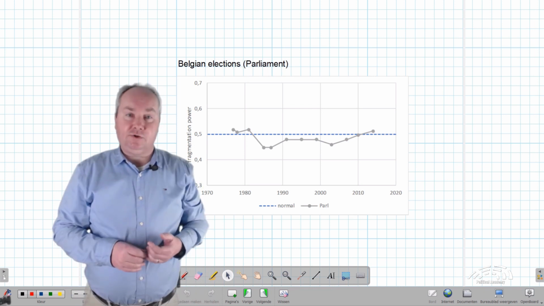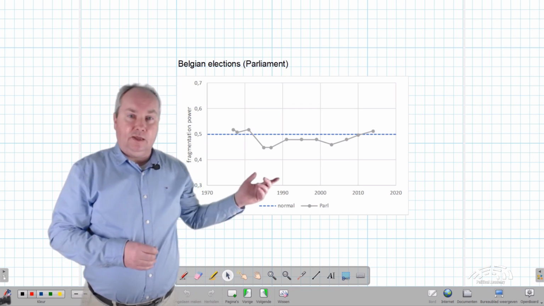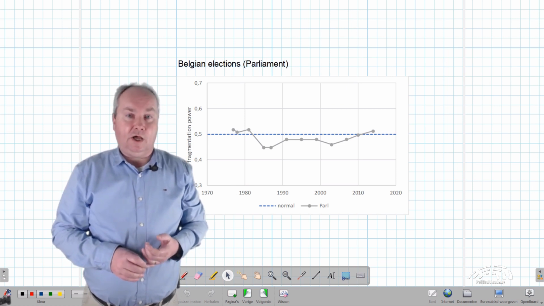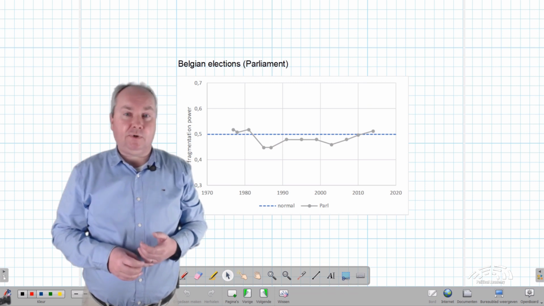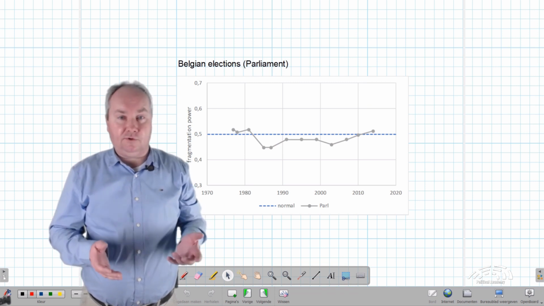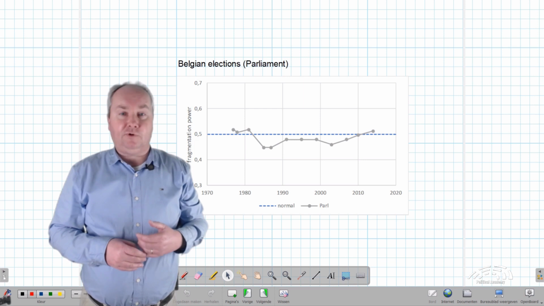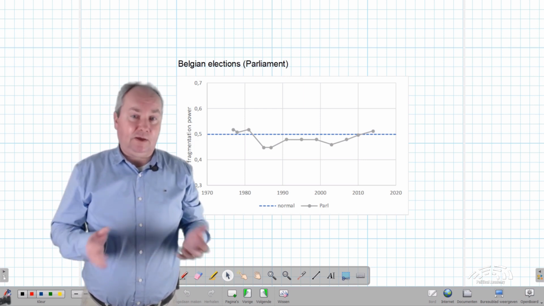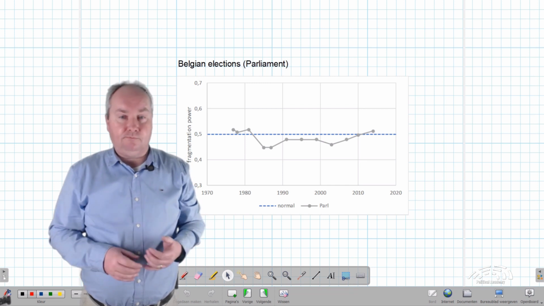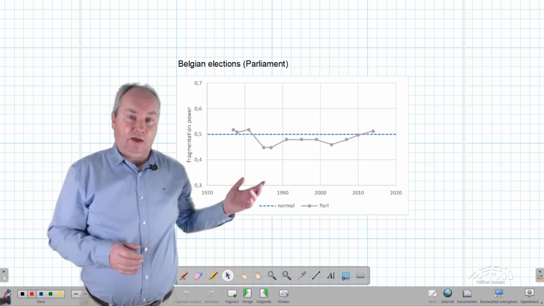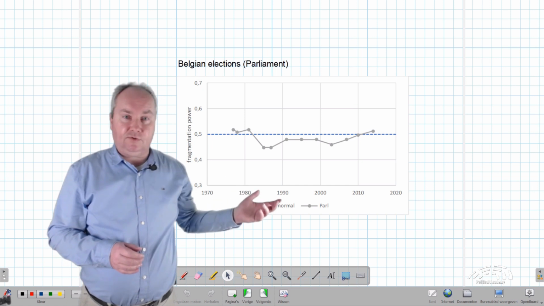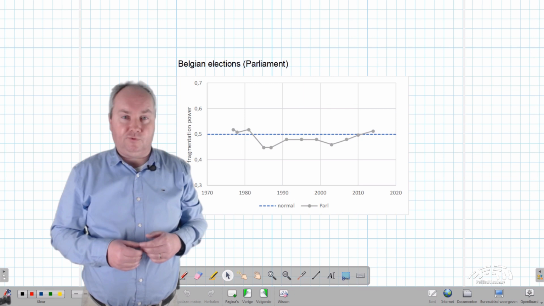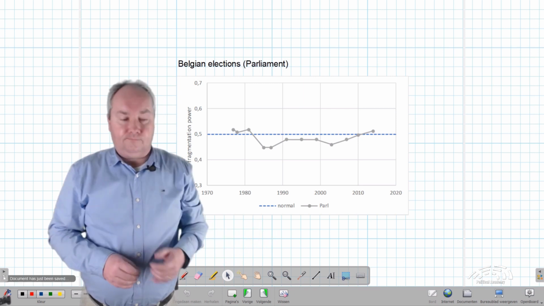Then we look at the Belgian National Parliament timeline. In Belgium, it is very easy to start a political party. However, they have Flemish-speaking parties who only compete in the northern part of the country, and French-speaking parties who only compete in the southern part, and party families of both language groups. But still, the international average is met. 13 parties in the 150-seat parliament since 2014, just like the Netherlands.